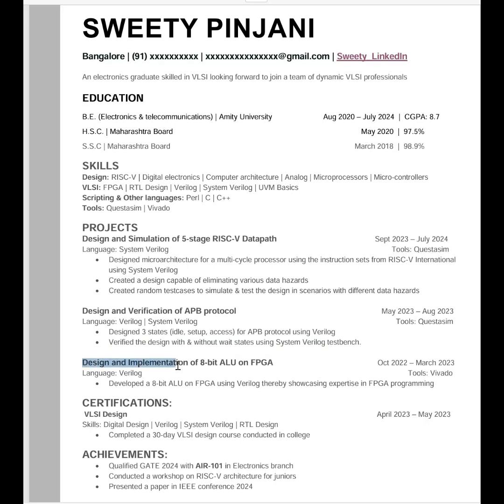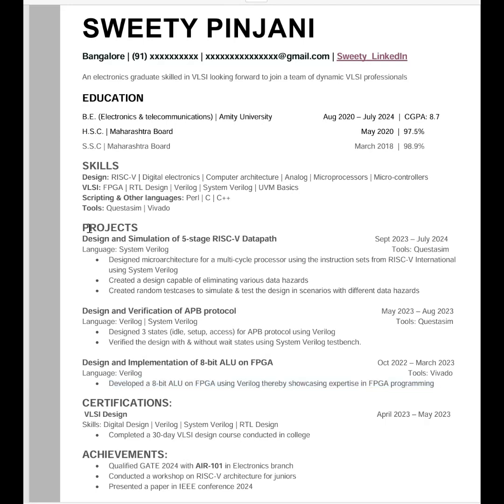Next is design and implementation of an 8-bit ALU on FPGA. This person has done the ALU design using FPGA. This is the duration, the language which they have used and the tool. Now you see the details. The ALU they have designed, how many bits, that also they have mentioned. It is 8-bit. Then in the description, develop the 8-bit ALU on FPGA using Verilog, thereby showcasing expertise in FPGA